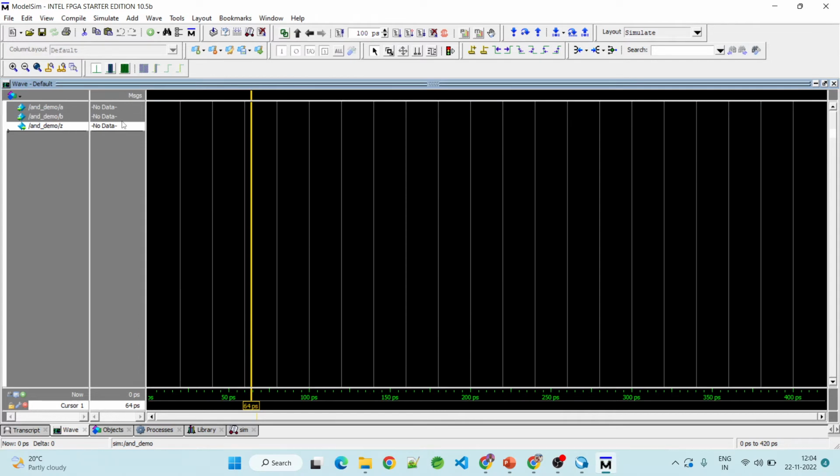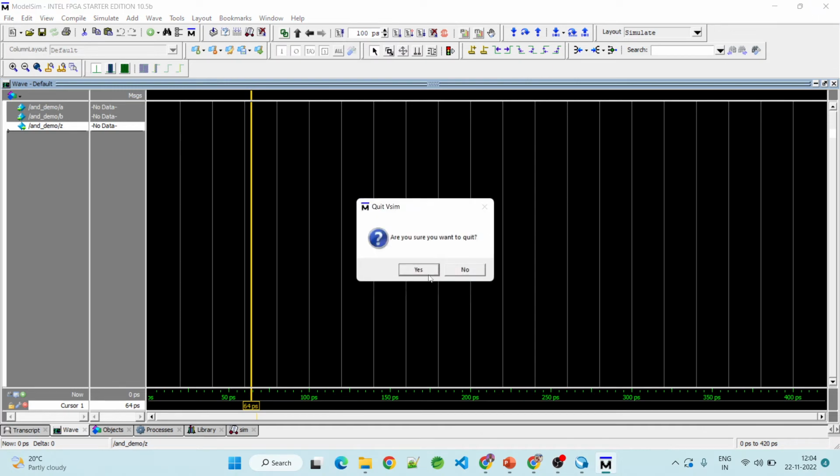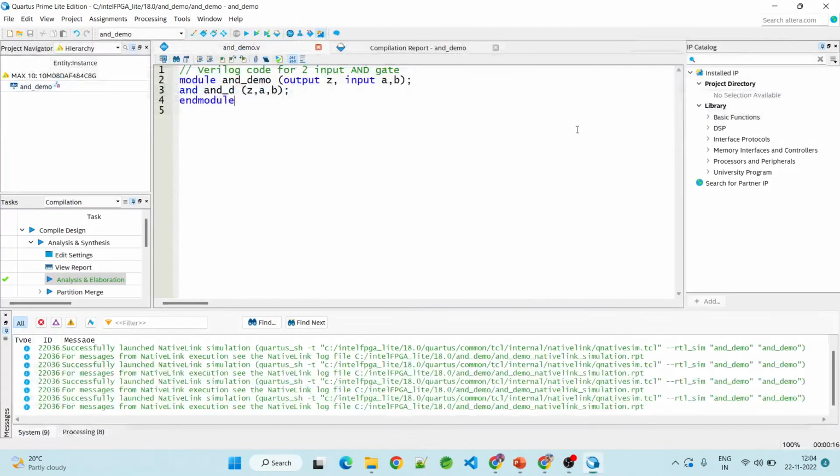Now again, I have restarted this. Then I close it because I'll go back and come back with a new setup. So it is actually a theoretical concept that you get the output as the input changes, but there are propagation delays also included. So in such cases, when you